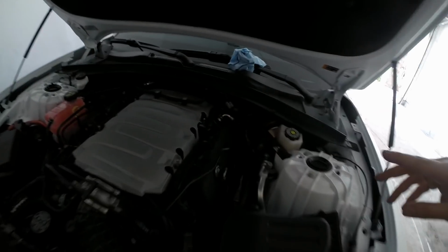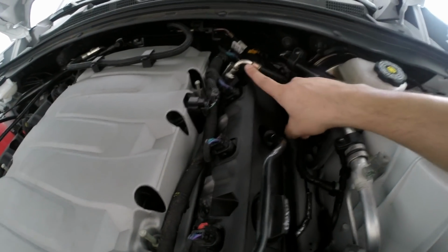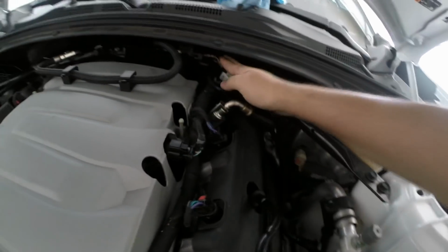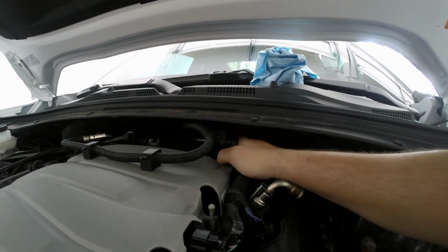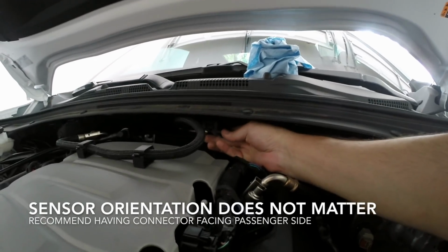Alright guys, so this is how I've actually routed my flex fuel sensor. I've got the hose, and it does come with a little clip that wraps around the pipe. I have it wrapped around there, and you can see right in the bottom here is my sensor. Now it is kind of touching this back firewall. I'm thinking of possibly getting some 3M double-sided tape to stick it on there,